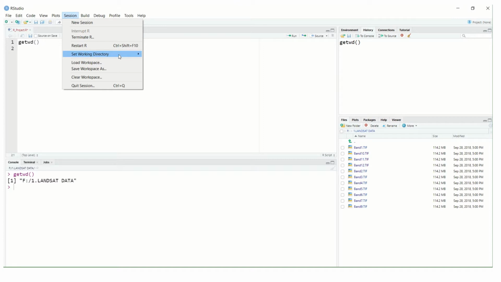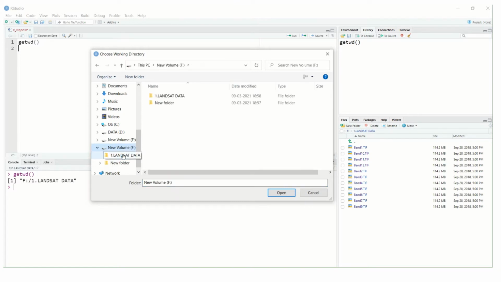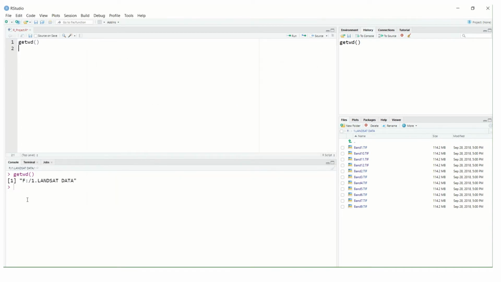You can just set your session, set your working directory, and choose directory. Wherever you have saved your raster data, go through that disk, select the folder and click on open. Then the set working directory is done. I'll just show you.